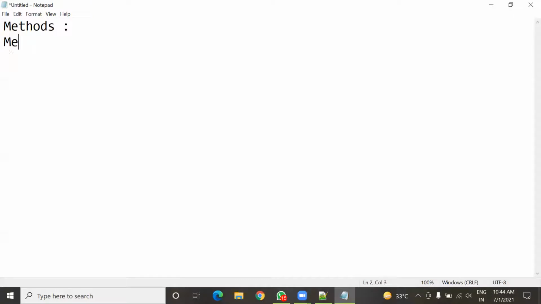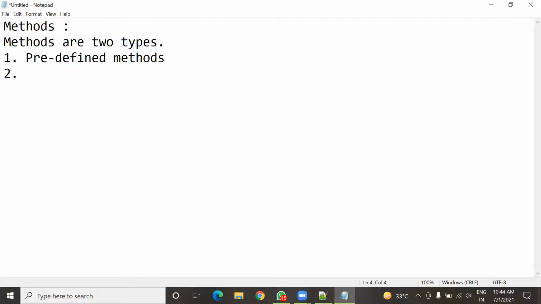So methods are of two types. Number one, predefined methods, and the second, user defined methods.